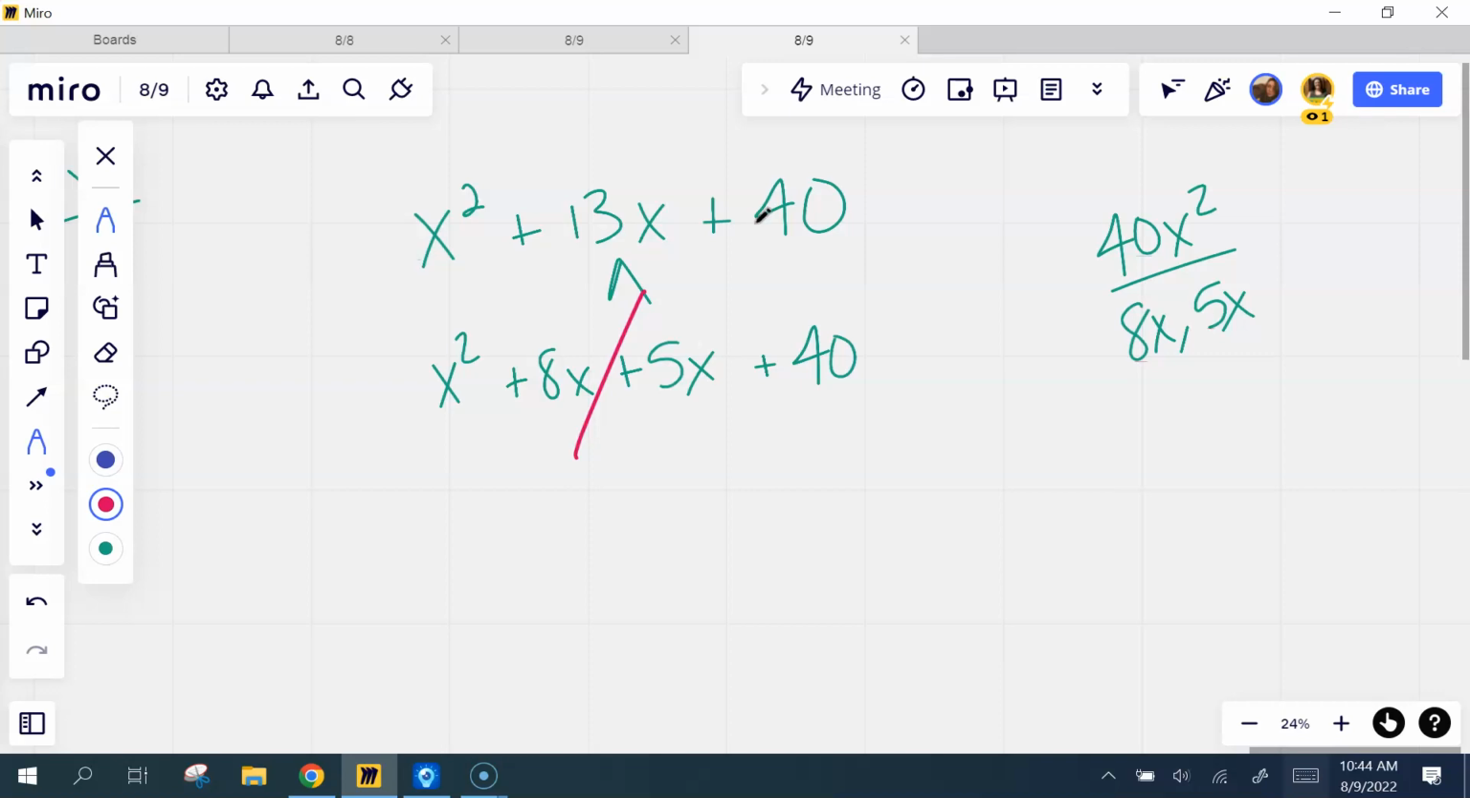What's the GCF of x squared and 8x? 1x. Take it out. What's left? X plus 8. Middle sign stays because the middle sign always stays. GCF of 5x and 40. What's left? It better be what I had here if I've done things correctly, and it is. Now what's the